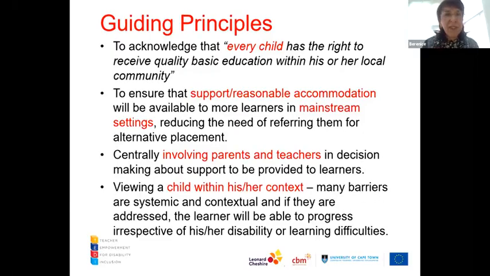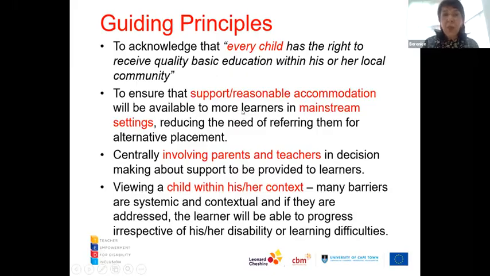Okay, and then the first point that is emphasized, it acknowledges that every child has the right to receive a basic quality education within his or her local community whenever possible. Now, sadly, in our country, and I'm not sure in the countries that some of you come from, not every child is getting a quality basic education. Many of them are not even in school, so it is a challenge.